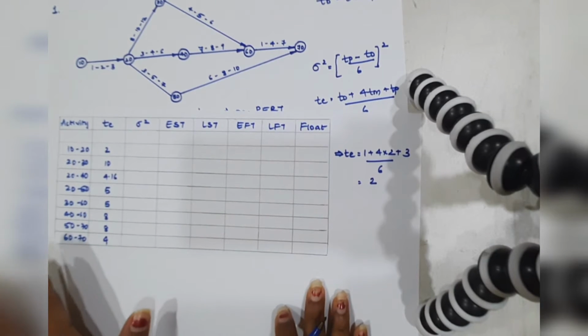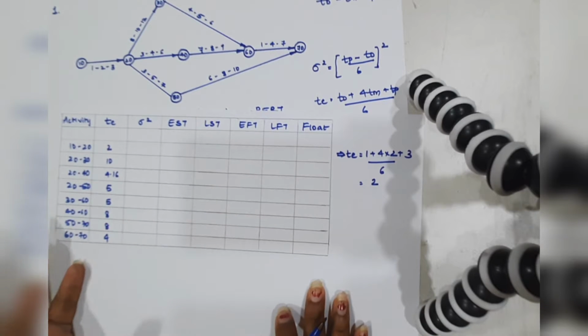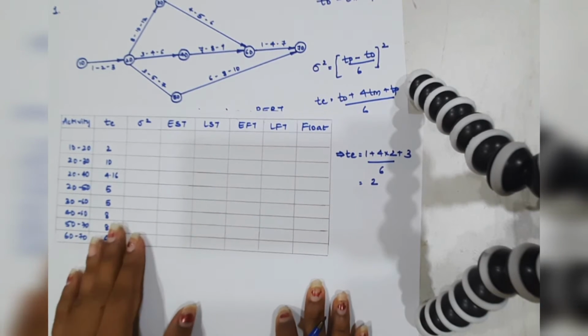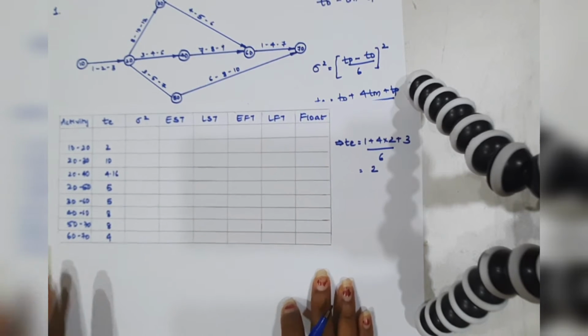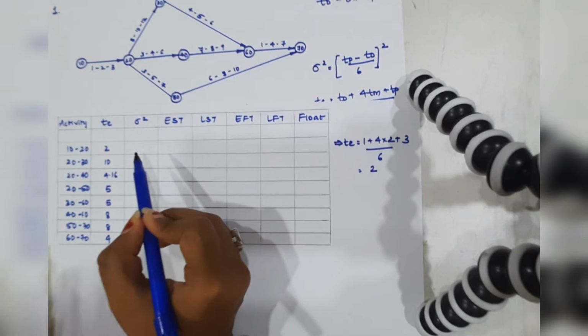Sometimes the value may come as a decimal, so you don't need to worry about it. You just need to write the value with 2 decimal places, so that everything is easy to recognize